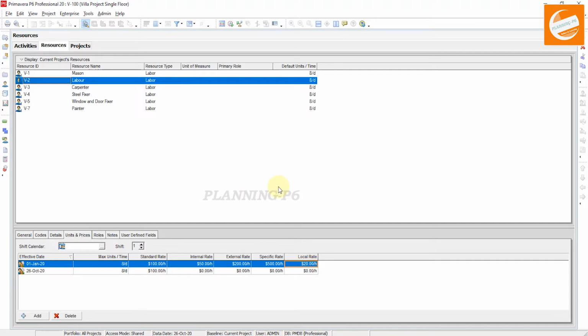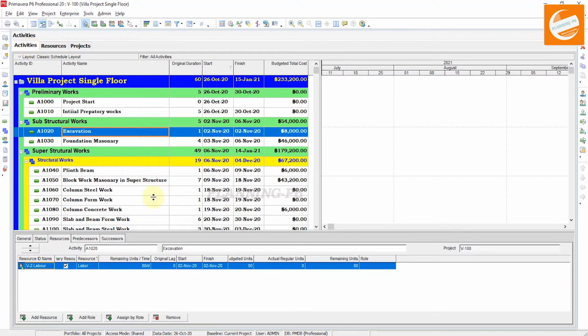Now move forward to your project activities. Go to the activities, click on General and then Resources. After clicking on Resources, you have to customize this tab, as well as budget units per time. We will customize this first.